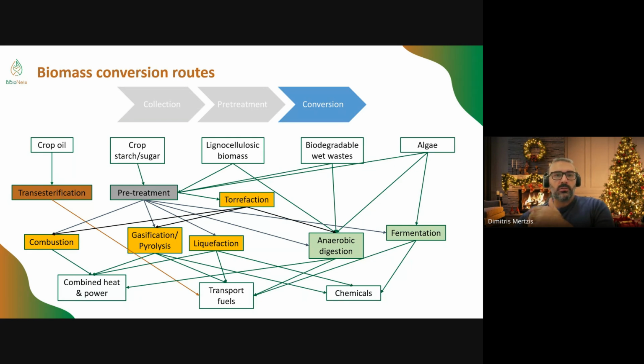Lignocellulosic biomass, which contains lignin, cellulose and hemicellulose, can also be used in several processes. Wet wastes usually go for anaerobic digestion, and after pre-treatment, they can go for any of the other ones. And algae is suitable for fermentation, for the production of third-generation biofuels, and also through pre-treatment can be used in many other processes,